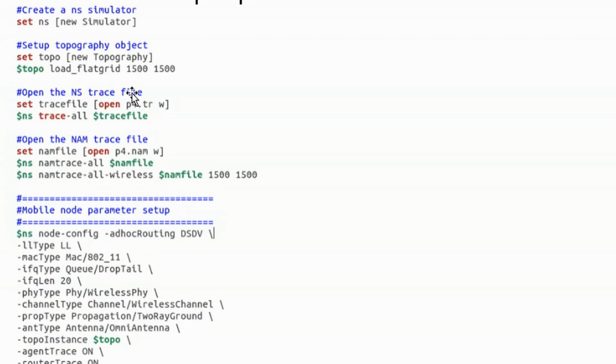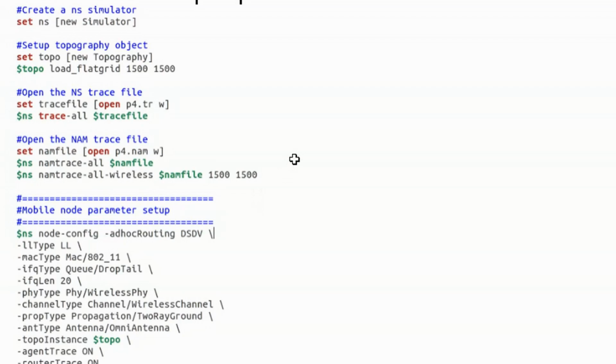Okay. So open the NS trace file. This I have already explained in previous programs. We are just opening the trace file here. Okay, and then the NAM file, right? There is one special thing here, because with the NAM file you are also mentioning this line, which is extra. Otherwise, I have already explained what the NAM file and trace file are in program 1. So namtrace-all-wireless, this one line is extra because I need a network topology, a network grid basically. So that's why I am including this one extra line here.